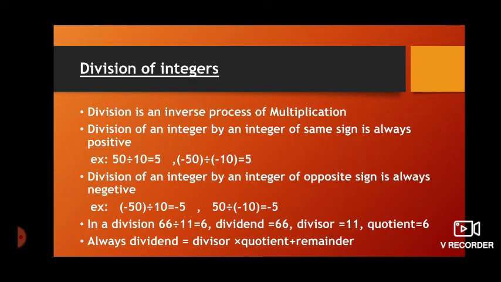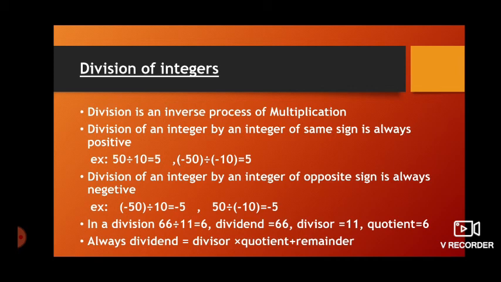Whenever we see division, we already know how to do division for normal whole numbers, even for a large whole number by smaller whole numbers, as we are learning from our lower classes. Now what is special when we are dividing integers is that the sign will play a key role. The sign we have to assign to the result, we will decide based on the sign of the dividend and divisor. That means based on the number which we are going to divide and the number by which we are going to divide. Okay, so now see the first rule.